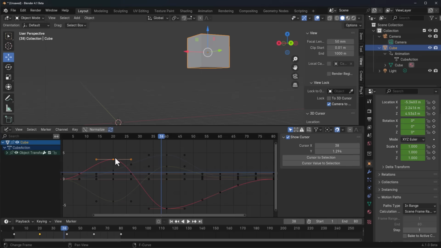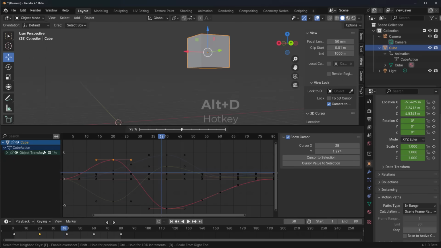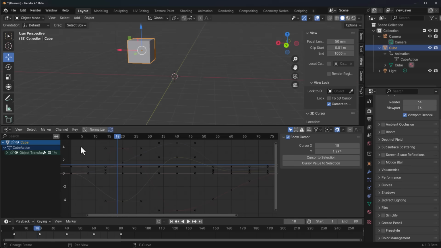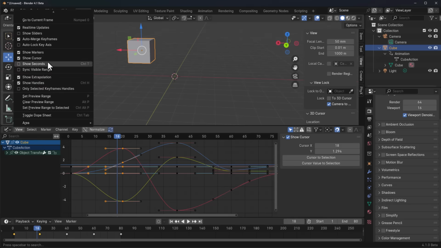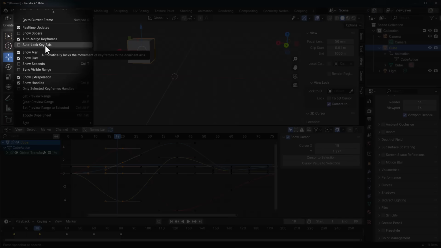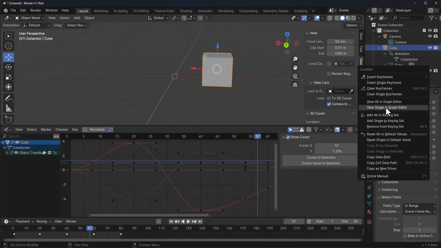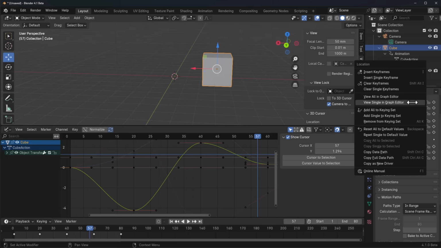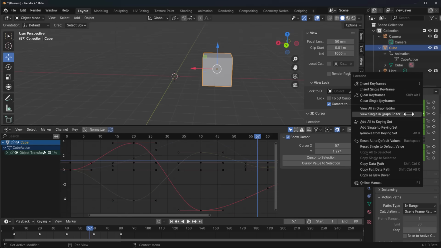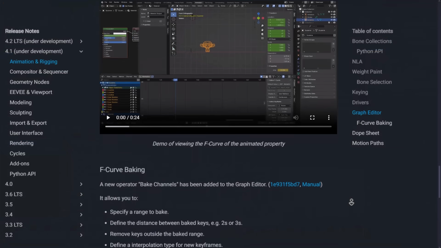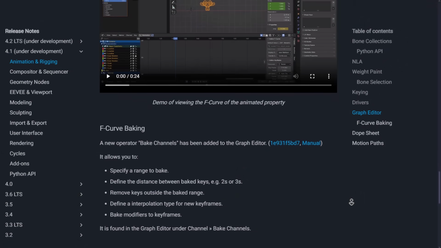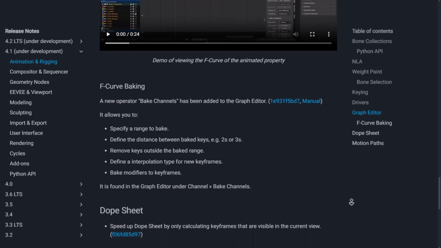And for the graph editor, there's a couple of updates which include a scale from neighbor operator. There's also the option to automatically lock key movements to either X or Y axis, and this can be found under View, Auto Lock Axis. Additionally, for the graph editor, there's the added option to the right-click menu on animated properties to view the F-curve that animates it. And within the F-curve, there's a new operator for baking channels, and there are also some updates for the dope sheet